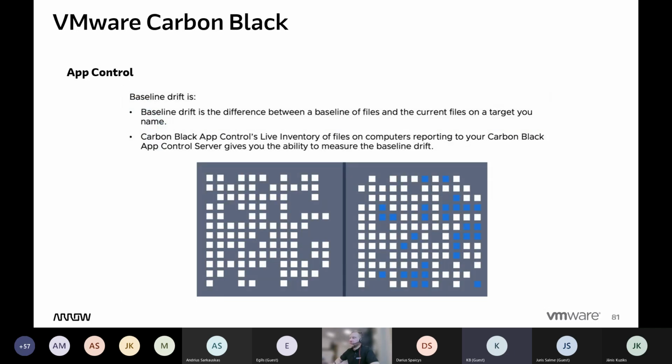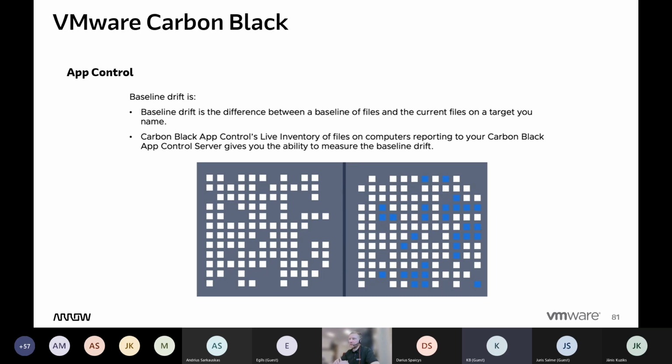Then we have baseline drift. So you can set up a baseline for your endpoints. For example, you want to set up a baseline for, let's say, accounting or bookkeeping people, and you can set up that their computer profile should look like this. And whenever you see a drift from it, you can get an overview of or notices of what sort of drift is happening. So that, for example, when you have, I don't know, 10 computers under that policy or under that baseline, and 3 of them have been showing of using programs called Tetris or whatever, you see that there's